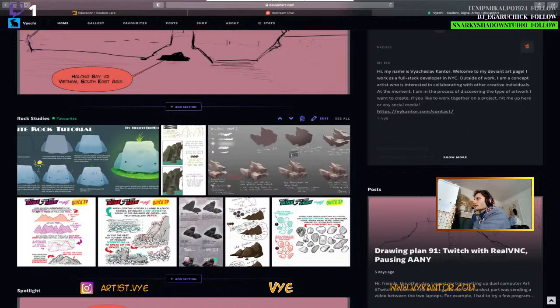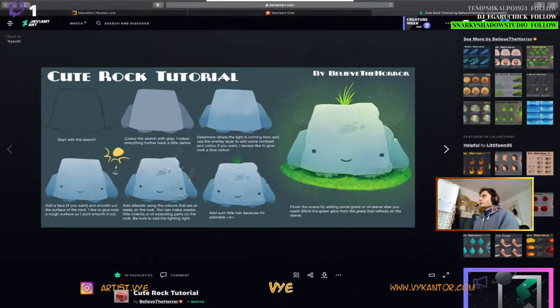So I created a whole section in that area where you can practice creating these things. For example, the cute rock tutorial is interesting. You can start with a sketch, then color the sketch grays, and then determine where the light's coming from. Really break this down into steps.